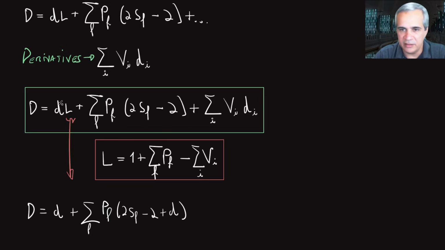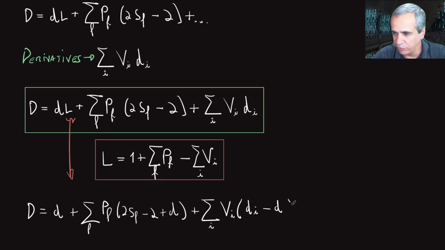And then the d times this I'll group with this part, so I get plus the sum over I of vi times di minus d. Don't be confused here, right? di is the number of derivatives for this interaction, and just d is the number of space-time dimensions. Okay? So that improves a little bit my expression for the superficial divergence, but still